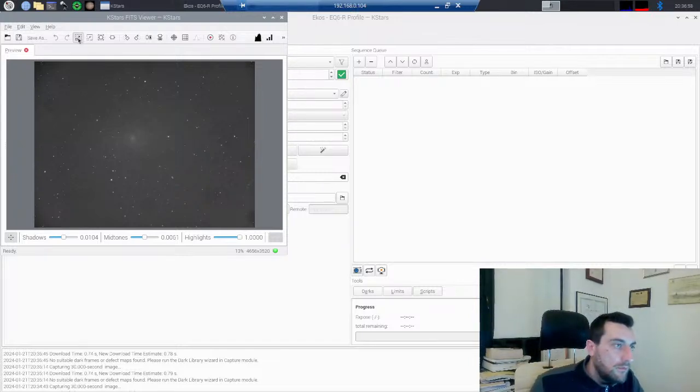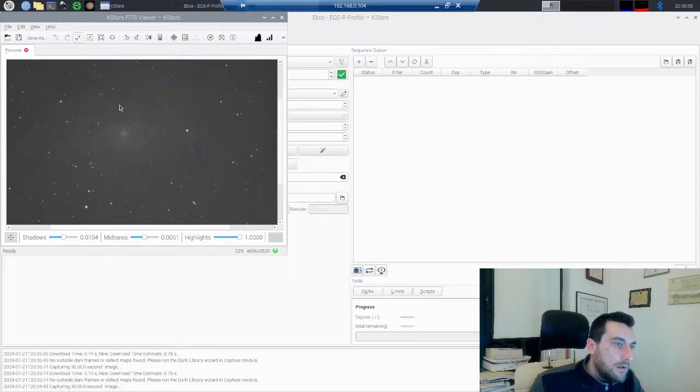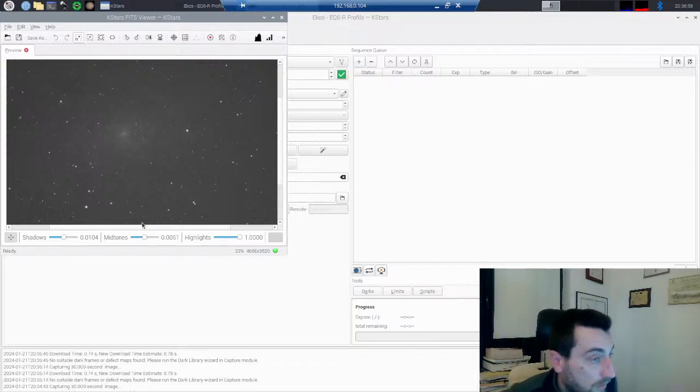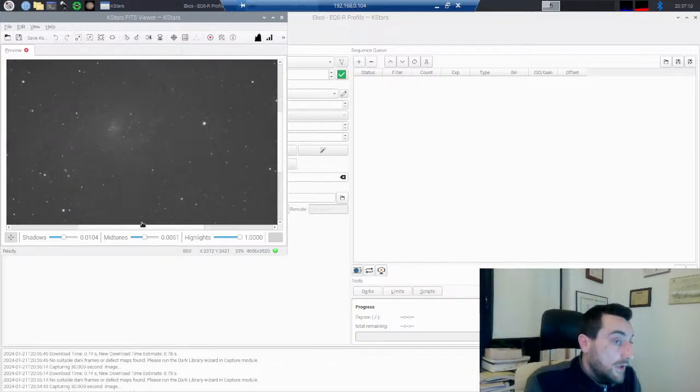So let's see if we have the same issues now. Yeah, so now the stars are sharp. So this is a good image for stacking, which is a technique which allows you to get better, sharper images, and one of those nice images that you get when you browse the internet for astronomy images. But